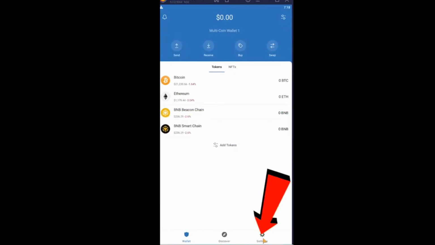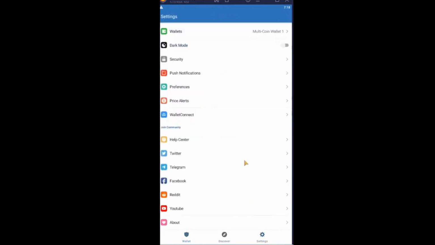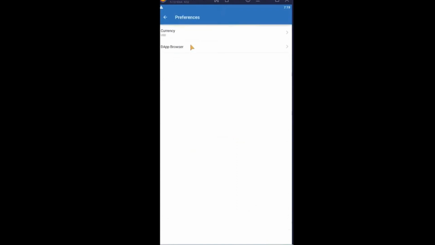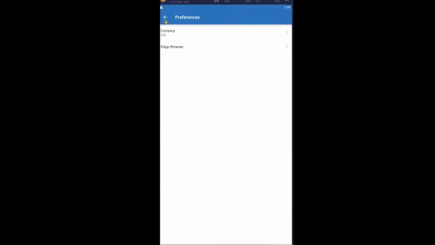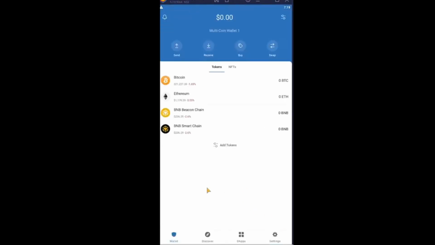First step, after opening your Trust Wallet, go to settings, and go to where it says preferences. Over here, where it says DApp browser, click on it, and make sure you turn it on. Once you turn it on, click on clear browser cache, click on OK. Once you do that, as you guys can see, go back now, and your DApp browser should be available at